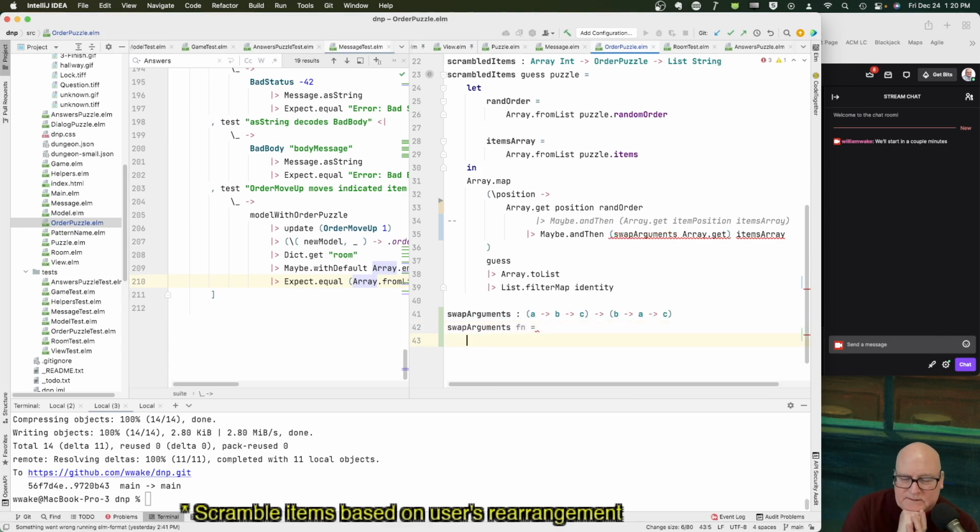How do I do this? Is that it? Function BA equals